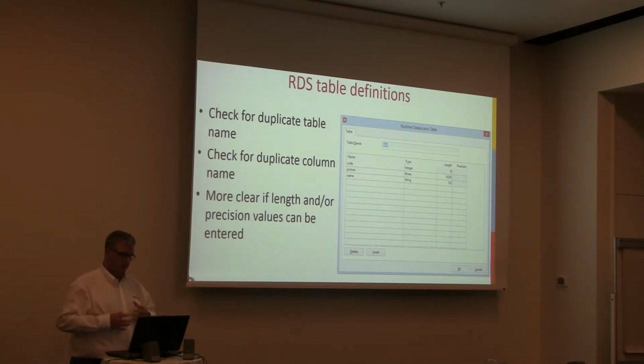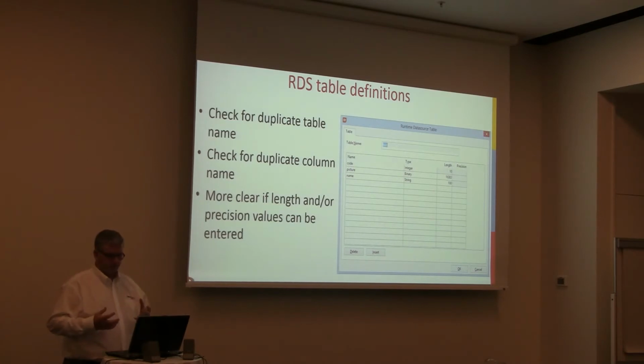We made it more clear that you can't type in a precision for some column types. We check if you have a duplicate column name. Seems to be obvious, but there were some reports coming in from people who said this report doesn't run, and they turned out to have a column name defined double in their report definition. And